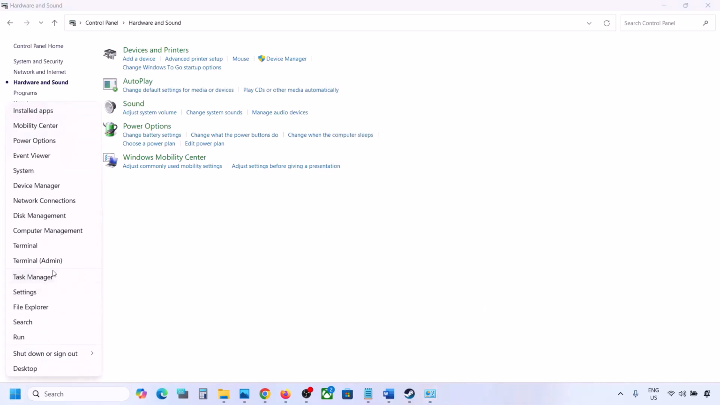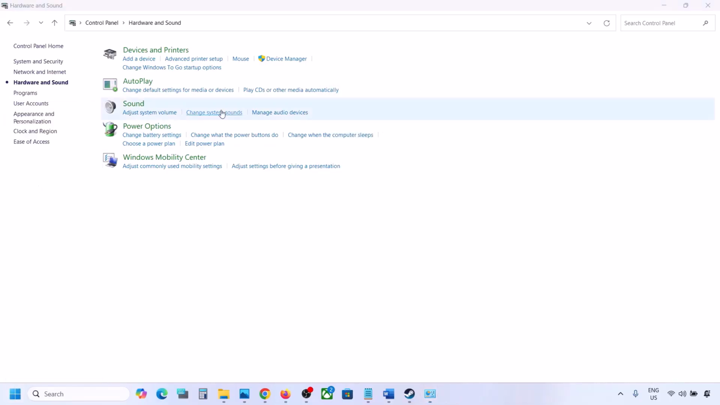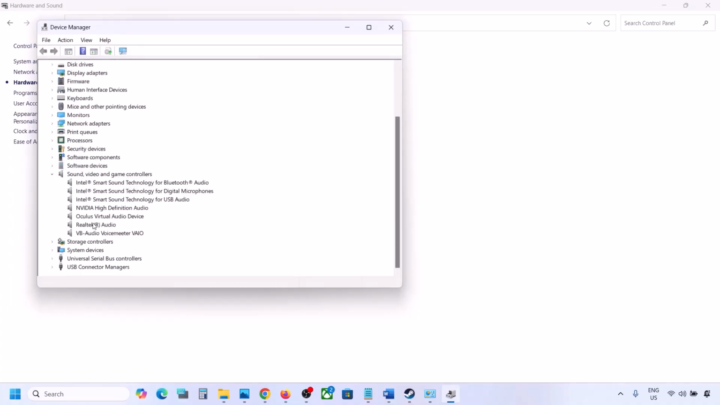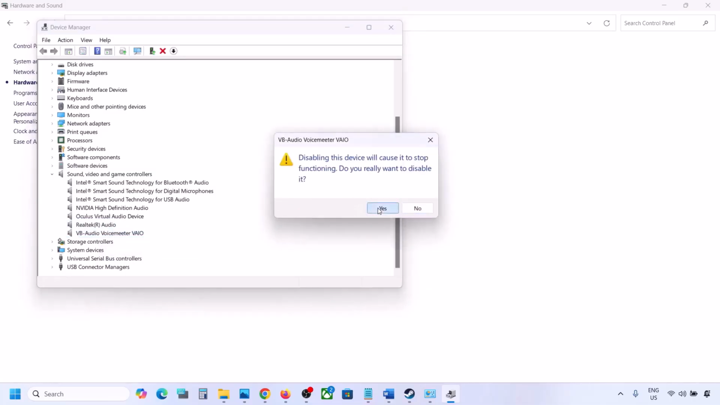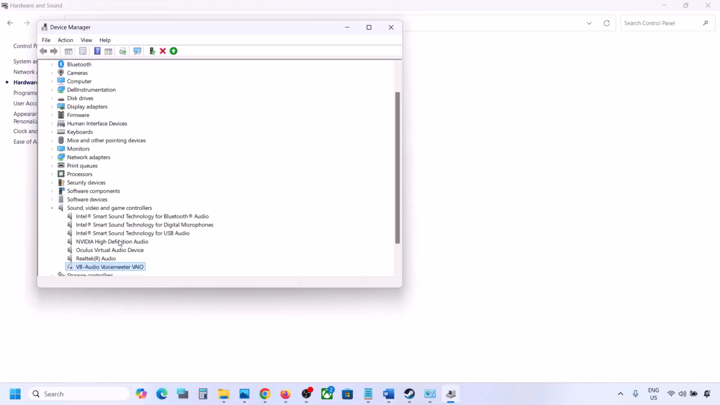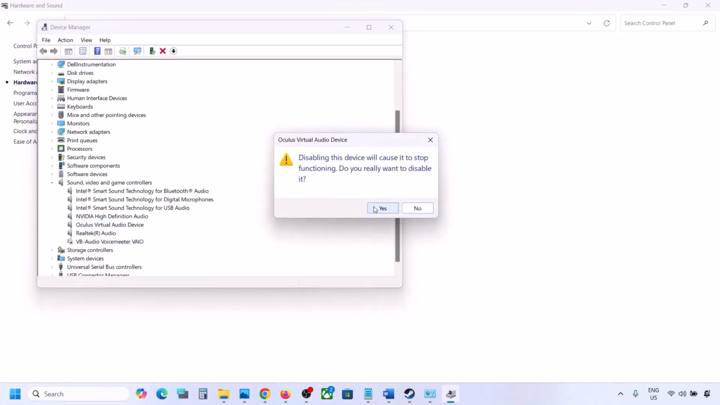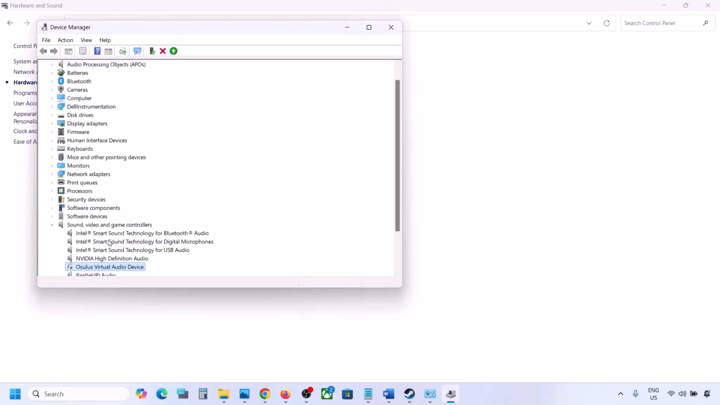Right click on the start menu, go to device manager, and then expand sound, video and game controllers. I'm using this Realtek, and the rest I'm not using, so I will just right click and disable it. You can always enable it whenever you want. Simply right click and enable it. I'm not using this Oculus, so I will disable it. If you have this NVIDIA which you're not using, you can disable it,